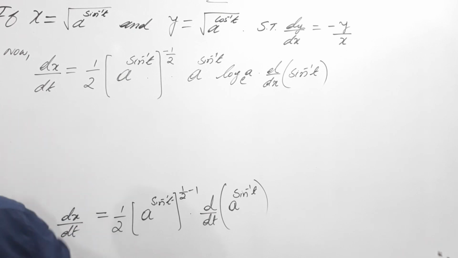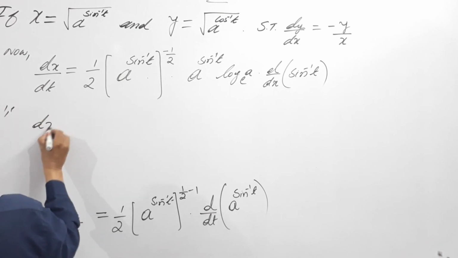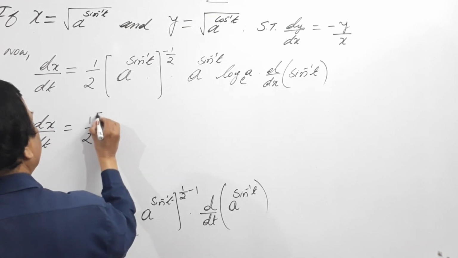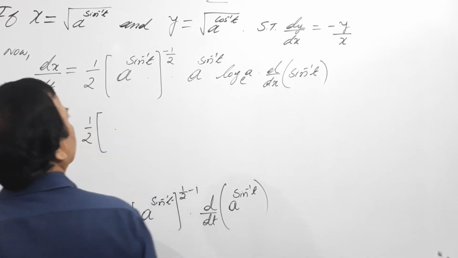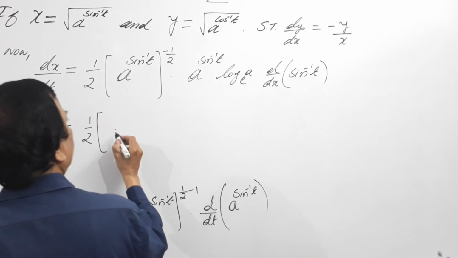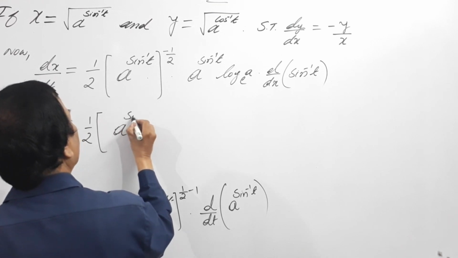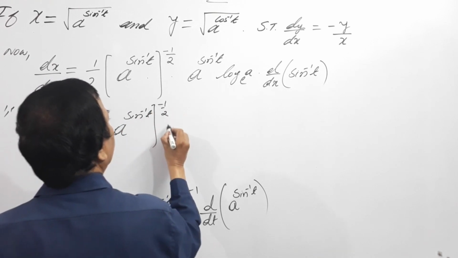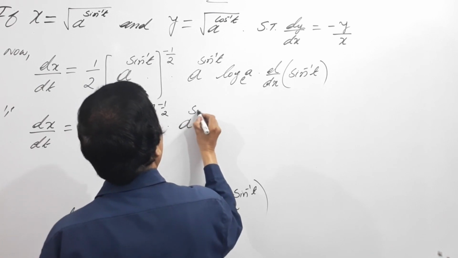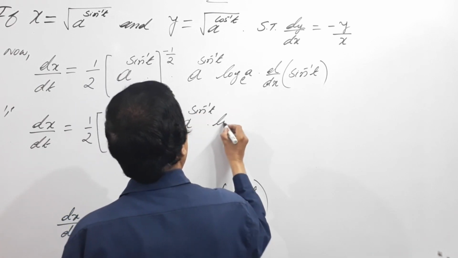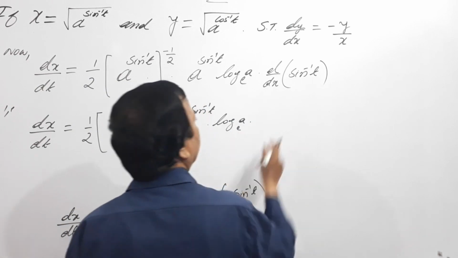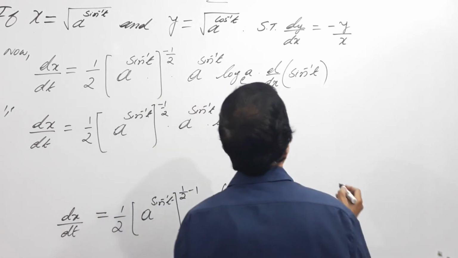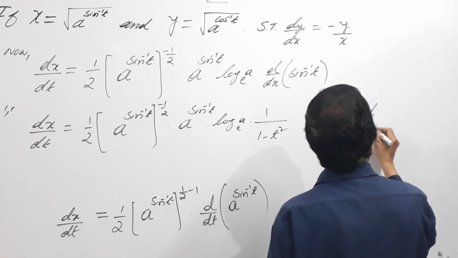This is dx by dt equals to half. I'll take outside. So this is a to the power of sin inverse t to the power of minus half into a to the power of sin inverse t log a to base c into d by dx. This will be 1 minus t square d by dx of